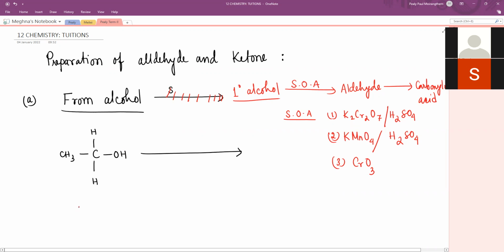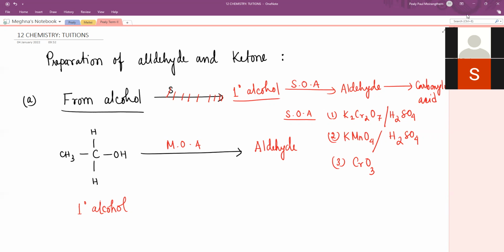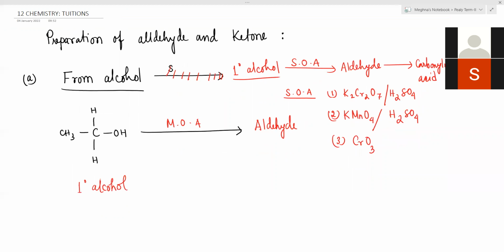But to convert 1 degree alcohol to aldehyde, you need a mild oxidizing agent, right? To stop the reaction in between, that's it, at aldehyde. Now, the name of the mild oxidizing agent. The mild oxidizing agent is